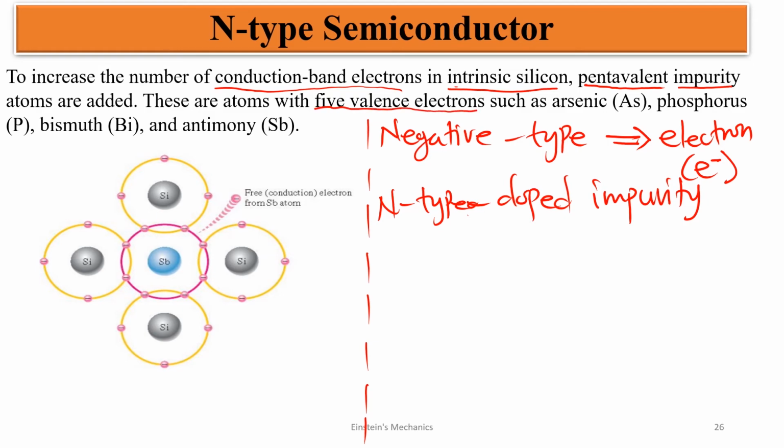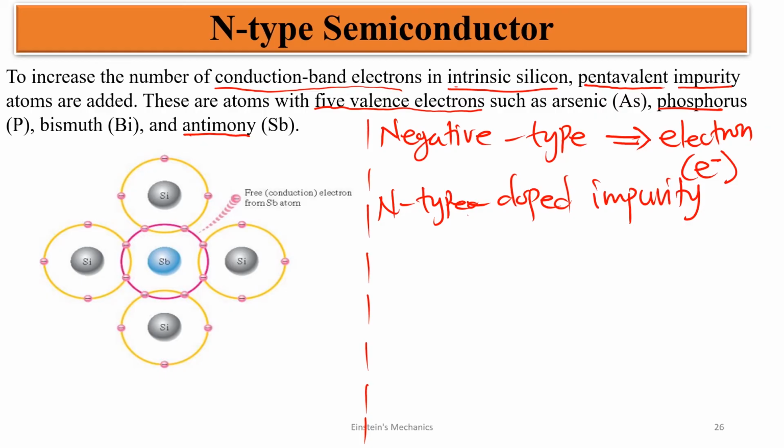So when you fill the electrons in the shells, you are going to get 5 at the outer shell. Such atoms, we can have phosphorus, we can also have antimony, we can also have bismuth as such atom with 5 valence electrons. So we pick any of these atoms with 5 electrons in their shells and we add it